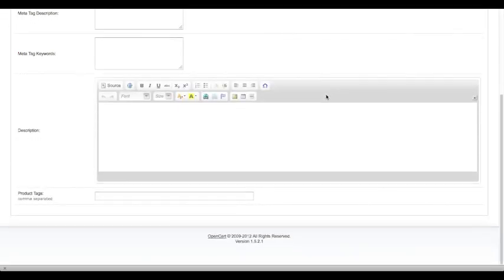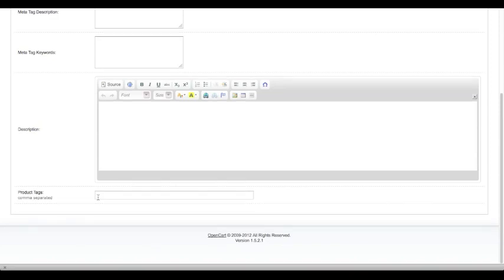You will notice a new section labeled Product Tags. Product tags are used for the search bar on your website if you have one. They are used when a customer searches keywords in your search bar. You will want to fill in the words that you wish to have these products show up when someone searches them in your website search bar. Make sure to separate each word by commas. Next, let's go to the Data tab.